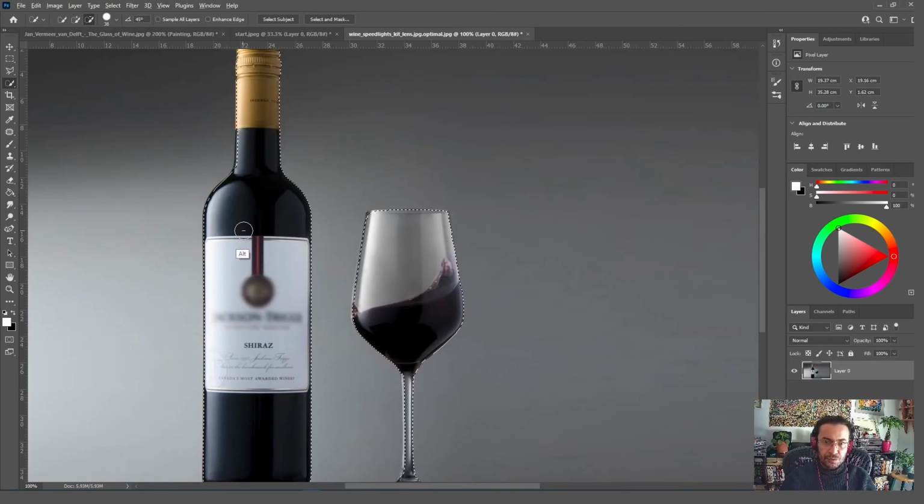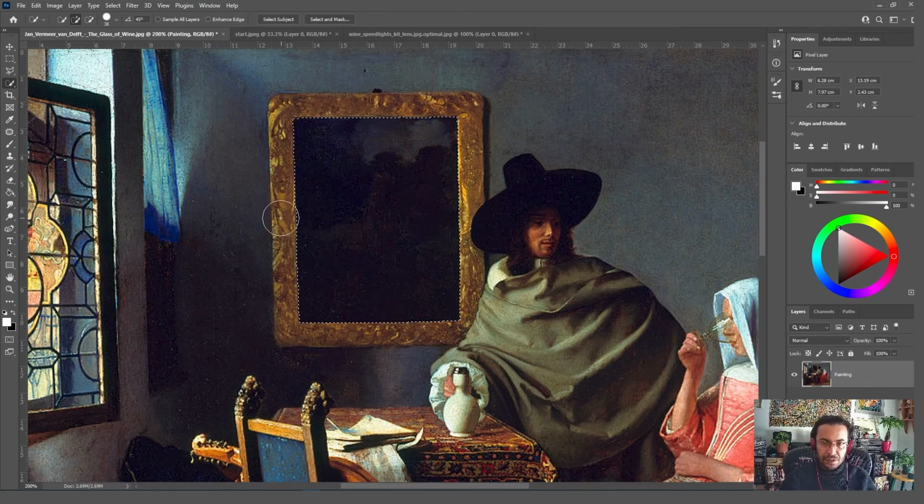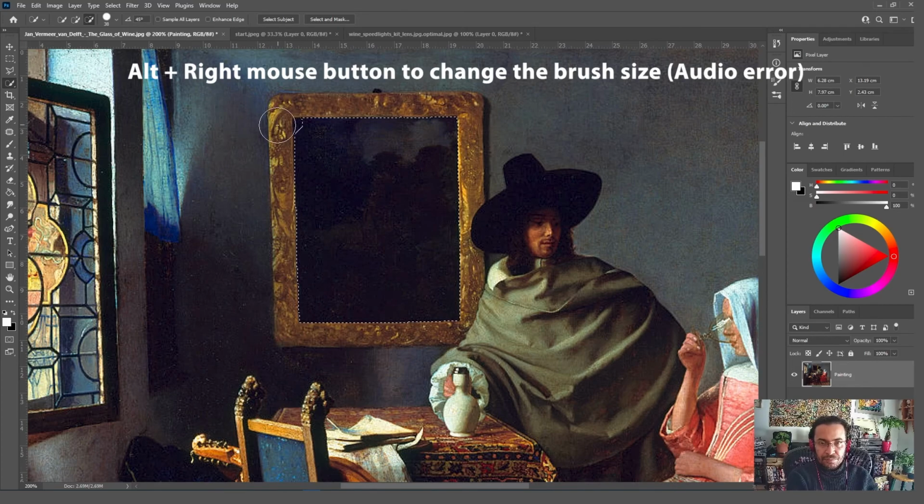So if I come over here and take a look at this one, let me just click in an empty area so I can just select everything, and I go with my quick selection tool. It did a pretty good job very quickly because it will recognize an edge. If I go with this type of painting here and I go with my quick selection tool, let me decrease the size of my brush here